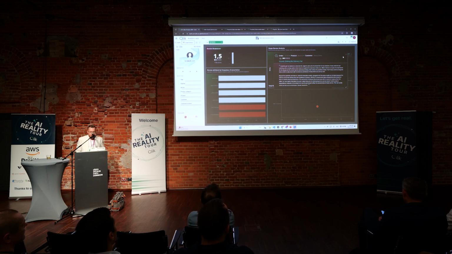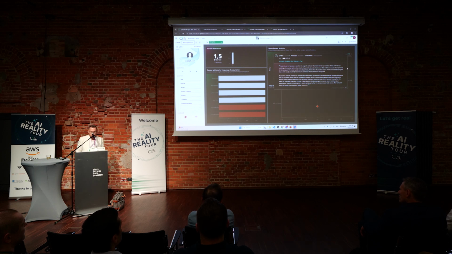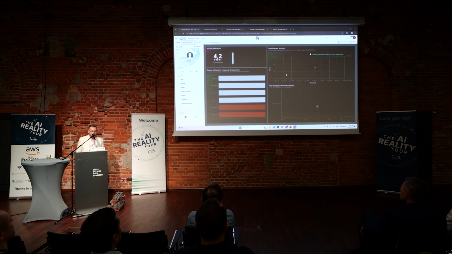One thing I could do now is generate a nice answer. I have my prompt already filled out, so I could hit this button here and have my response. That is really an interactive way how you can implement GenAI, and it's actually super easy to set this up. And on the other hand, if we now zoom out a little bit and look at all the reviews,